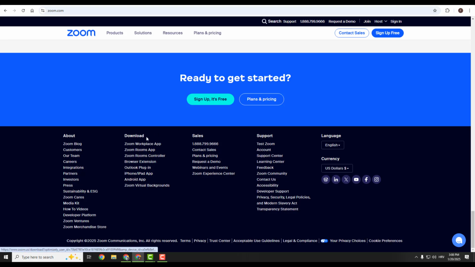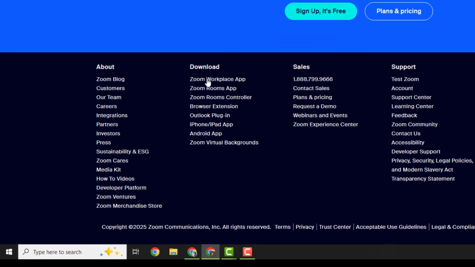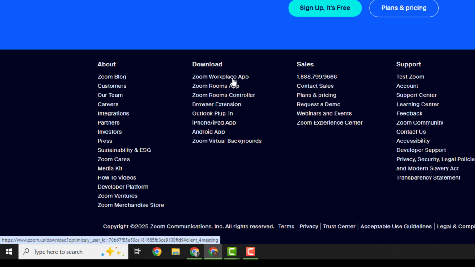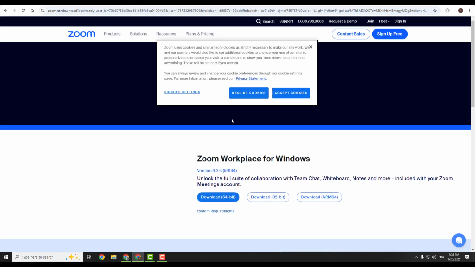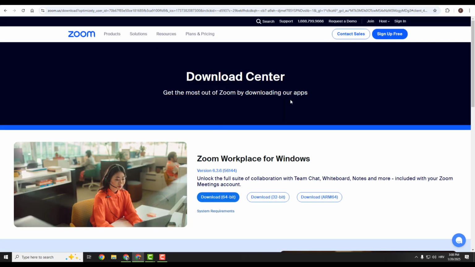And you can see download. Over here, you can download Zoom for your PC. This is the Workplace app, for Rooms, browser extension, Outlook, and so on. But we are installing now for PC, so click this Zoom Workplace app and accept cookies and download over here